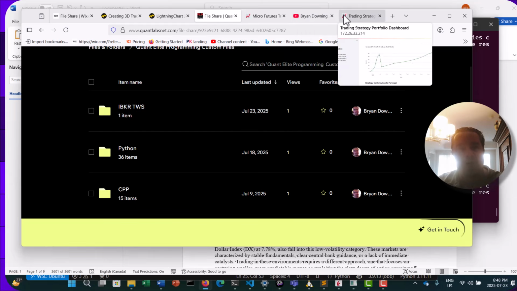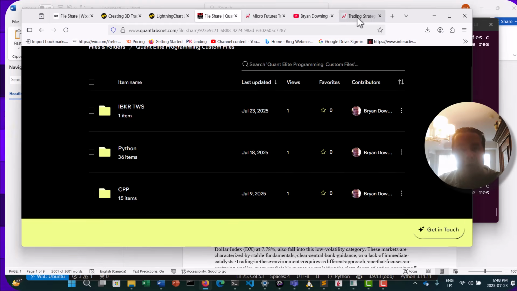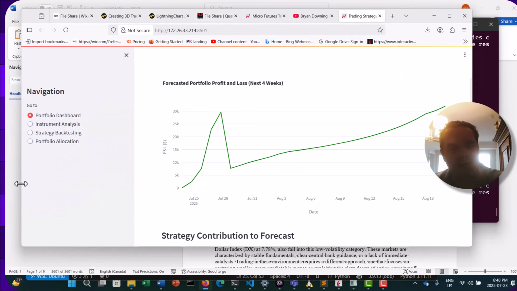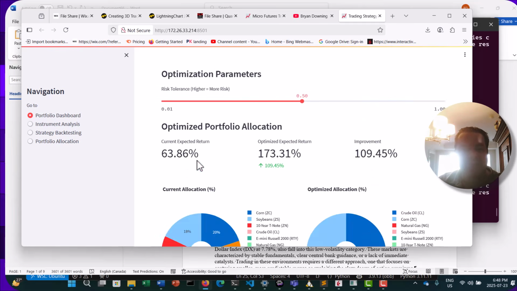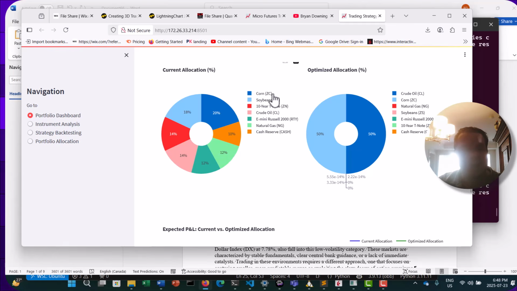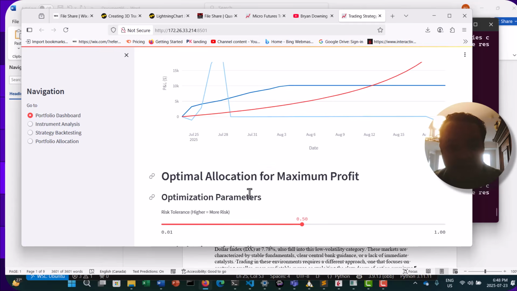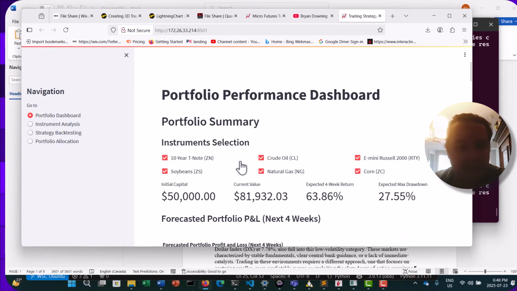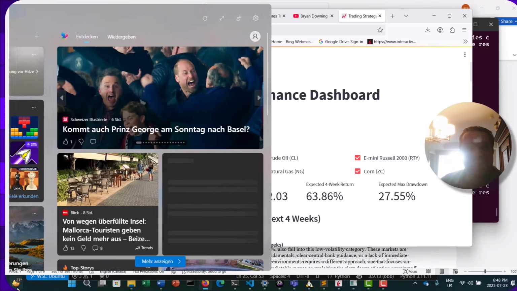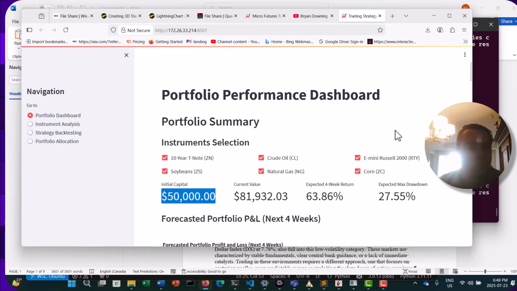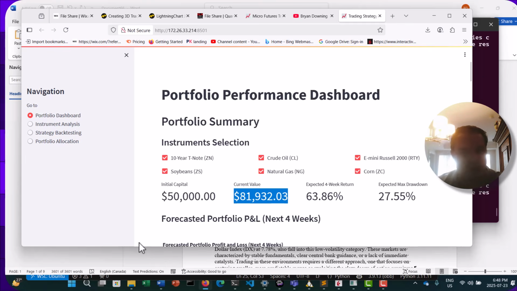Anyways, getting back into that, we have now our new research only app. So here it will come back and say, you know what? Here's all the different instruments you could try. Here's if I was to say, and I've said this before, where you only want to focus on a larger initial capital of 50,000, 100,000. You want to do that because what happens is you'll get more strategies coming out of it that are better. You have now projected overall current value for the next 4 weeks because that's how I do it on